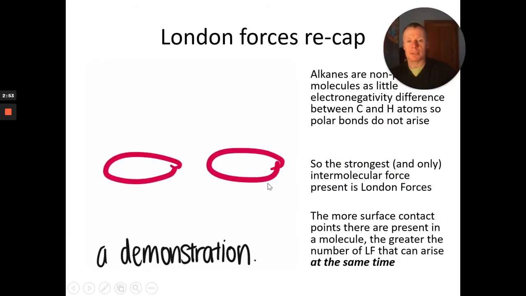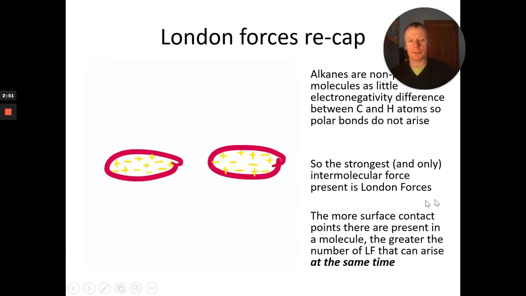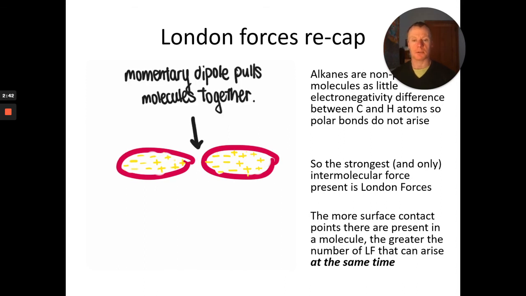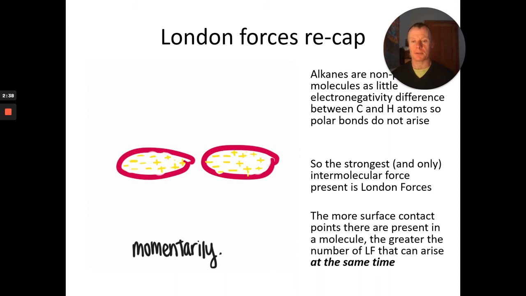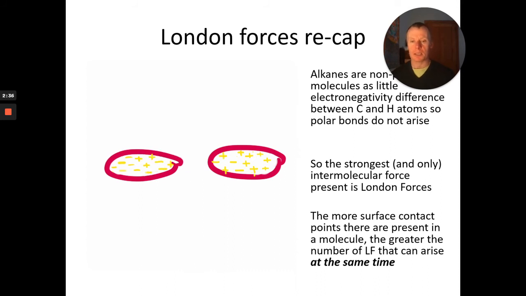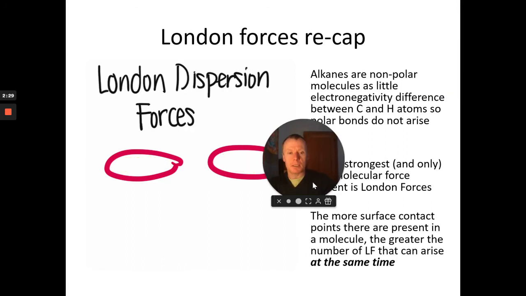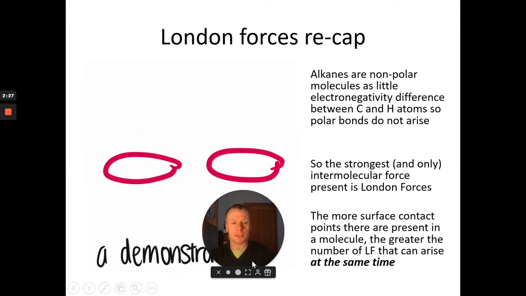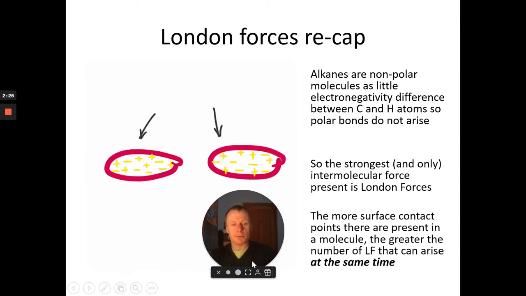If we look at this little animation, which just shows how London forces arise, the electrons are randomly distributed in nonpolar molecules, and if they happen to drift into a position where a dipole is induced, that can cause an attraction between the molecules and they move together. Then if the electrons move back to the original positions, that will cause the dipole to disperse and the force will stop working. So this is the only intermolecular force present in alkanes,